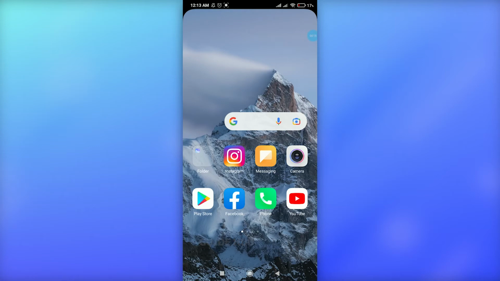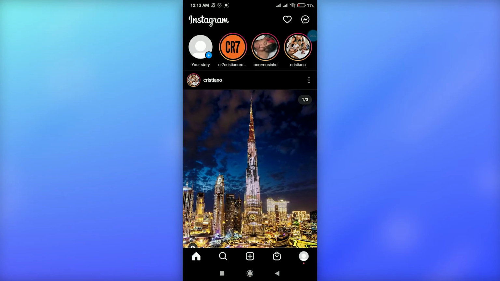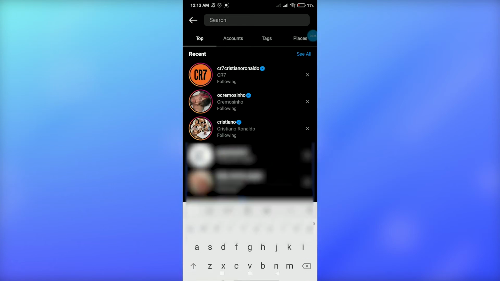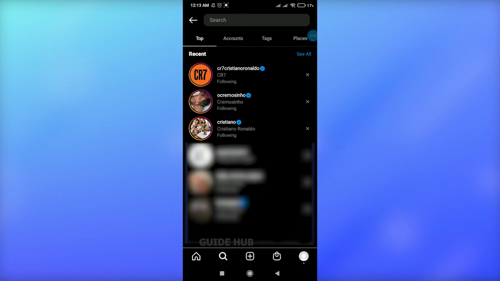So let's get started. First of all, just start by tapping on the app's icon, go to Instagram, and also make sure you are signed into your account there. Then simply go to the search icon at the bottom. Just click this button and go to the search bar at the top in order to get your search list. And here you can delete it one by one by tapping this cross icon at the right side beside the